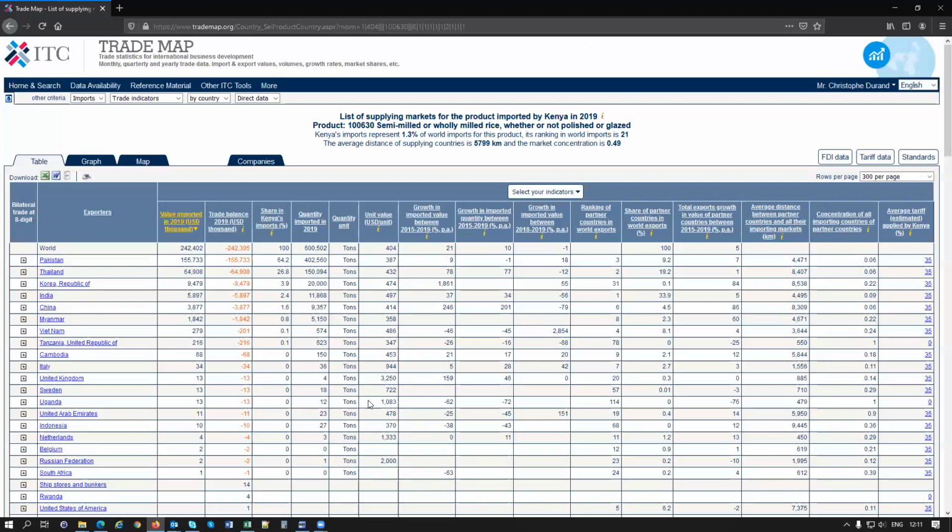So that's one thing. Another thing is that the unit value is actually quite sensitive to small volumes of trade. Let me explain this to you. If we take the case of Uganda, Kenya is importing from Uganda $13,000 of rice for basically about 12 tons of rice, right? Which makes the unit value of the rice close to $1,000 a ton. Now, the problem here is that with these low volumes, if we had 13 or 14 tons, then for the same amount of money the unit value would start dropping substantially, just for a variation of 1 or